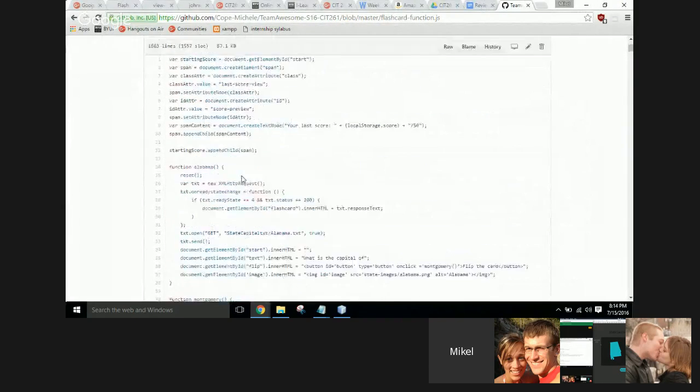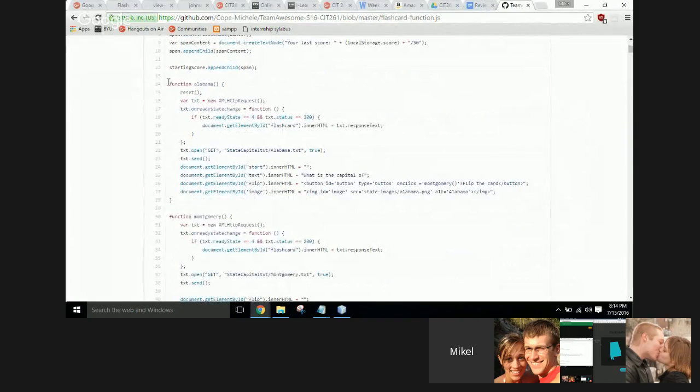Basically how it works is each state and each capital has its own function. And within the state function, it grabs a text file and it uses XML HTTP request. And this is kind of how we got our single page app design, so everything can be on a single page.